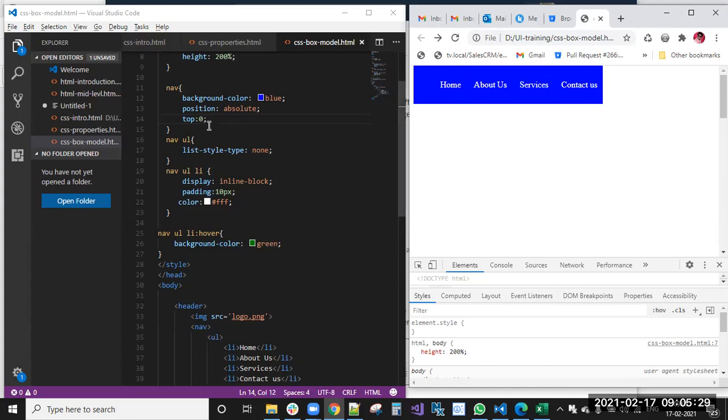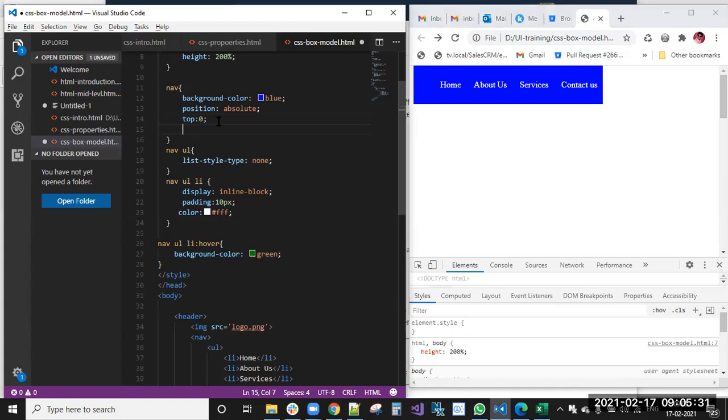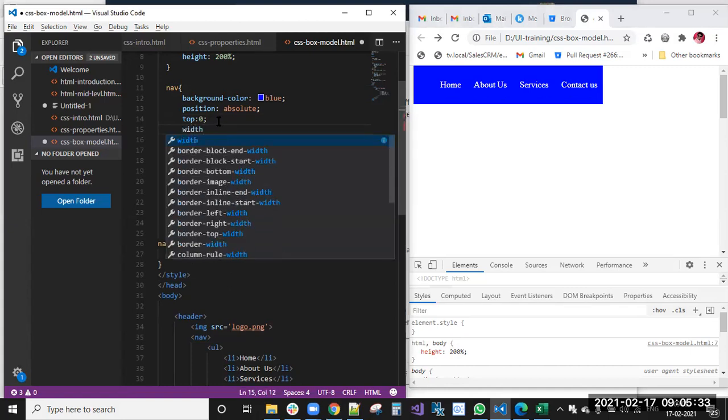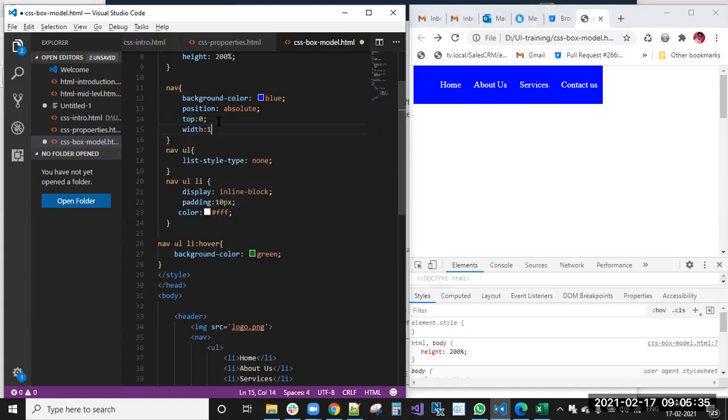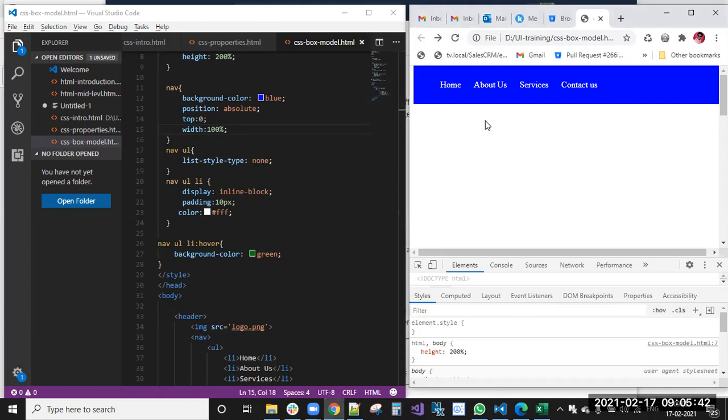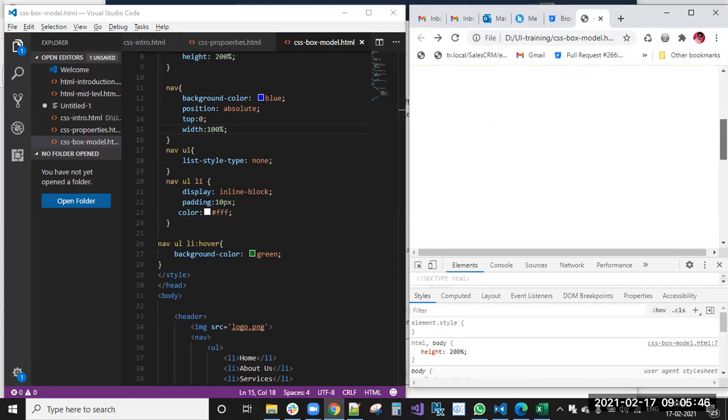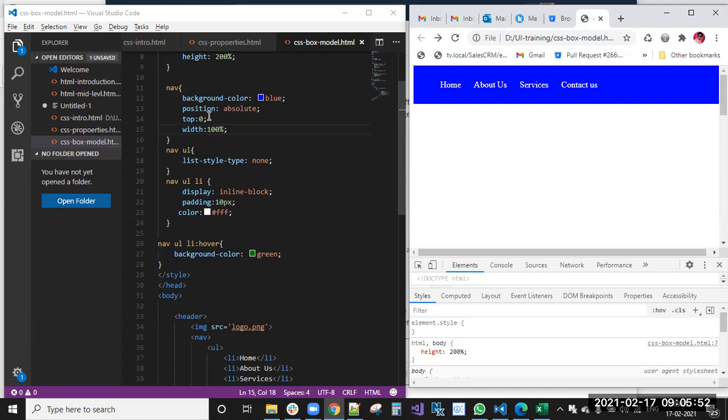And position absolute means initially it will take up to the content only. Inline it will only take. If you give 100% width, then that will take 100% width. And still this will move when you are moving the scroll. I'm applying the 50 pixels.